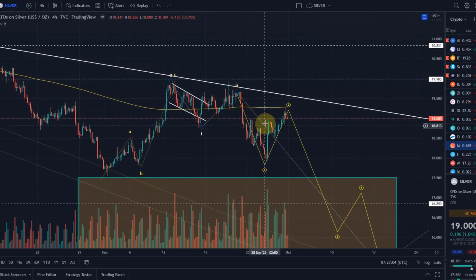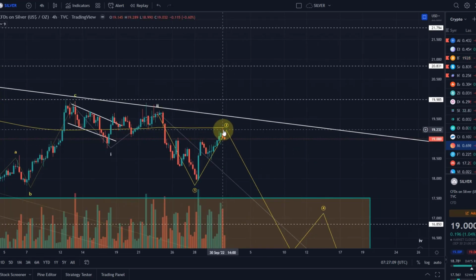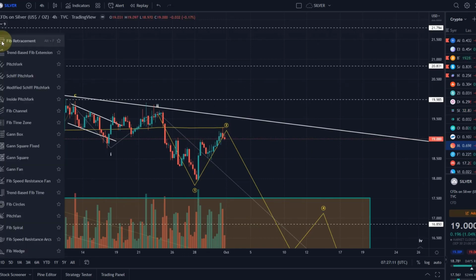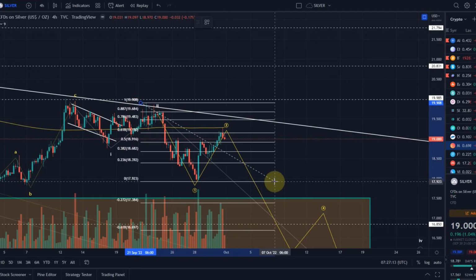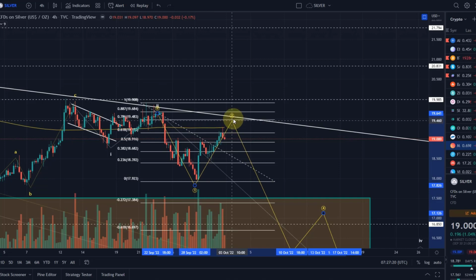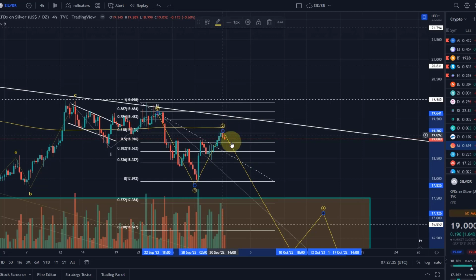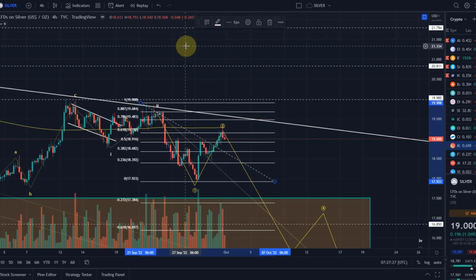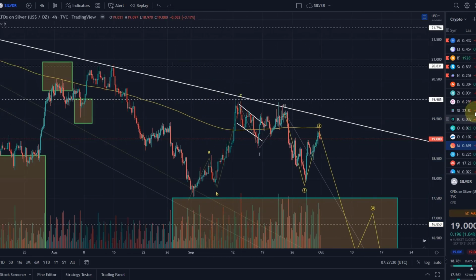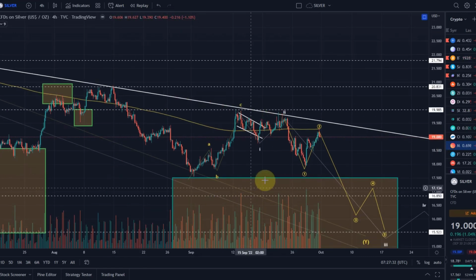So at the moment, this move up is a 3-wave move, as you can clearly see, so it makes sense. Therefore, I say we could be exhausted here. And also, if you look at the Fibonacci retracement levels, we reached the 61.8 level. Now, the 78.6 in a wave 2 is still very much possible, but above that, it will get unlikely, and we could again focus a little bit more on the breakout scenario, even though also here the structure is a bit of a mess. But I'm in favor of the move down still, because if this was a breakout structure, it wouldn't give me, at the moment at least, a lot of confidence.